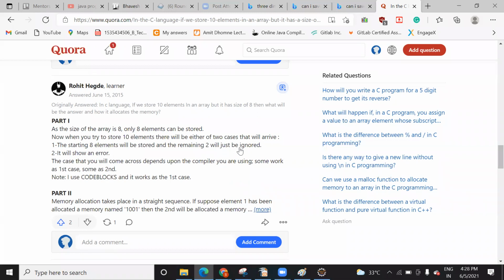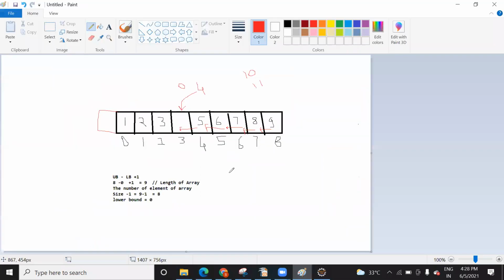If you try to save more elements, like suppose you have declared 8, and you don't want your program to give an error, you can do this. Sometimes what happens is that you have declared an array and you are accessing an element from it. Let me take an example. Suppose you are a cashier of the bank and you accept only an amount of 40,000 in a day. How much usually comes?